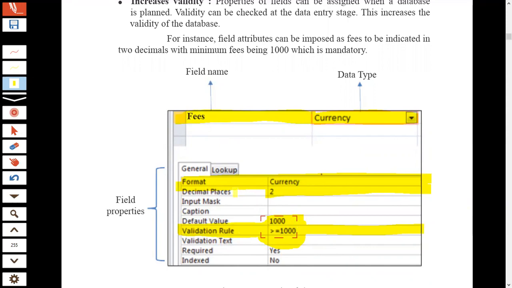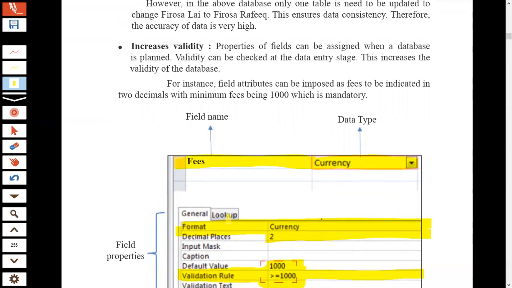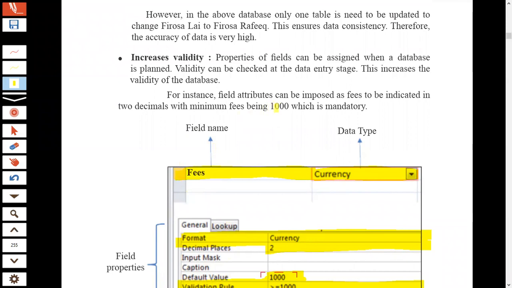Normally, database management software keeps these validation rules to validate data input by users, right? In this example, it is a must to enter a value greater than 1000. Otherwise, the database is not going to take that data and save it inside the tables, right? And that type of checking is validity checking, increasing the validity.